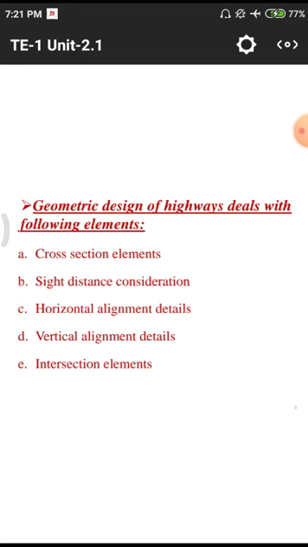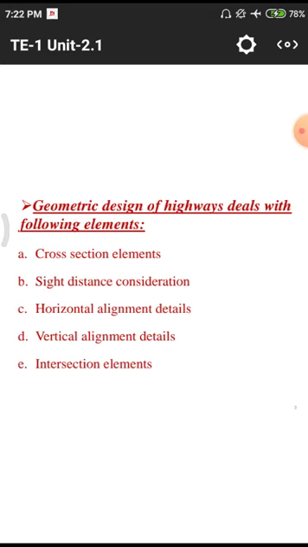Next one, site distance consideration. Site distance consideration means avoiding different kinds of collisions between different kinds of vehicles, two-wheeler to two-wheeler, or two-wheeler to four-wheeler, or four-wheeler to long vehicles like buses and other transporting vehicles like lorries and containers that travel mainly on these national highways. We need to avoid those kinds of crossings. We need to mainly focus on these site distance considerations.